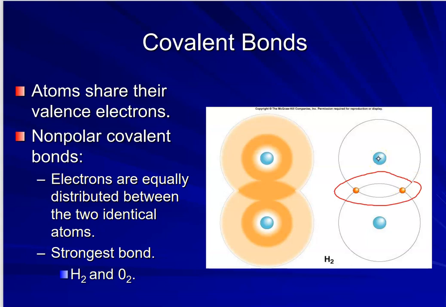And here in this example, hydrogen, it feels now to this hydrogen atom that, oh yeah, great, I have a complete outer shell because the first shell holds 2 electrons. And this hydrogen atom is happy too because the outer shell is full. So everybody's happy. It's a stable situation. It's a very strong bond. It's hard to break. It's more like a permanent thing. It takes a lot of heat or pressure to break a bond like that. Now, so these are the examples given here, hydrogen and oxygen. Okay, so here